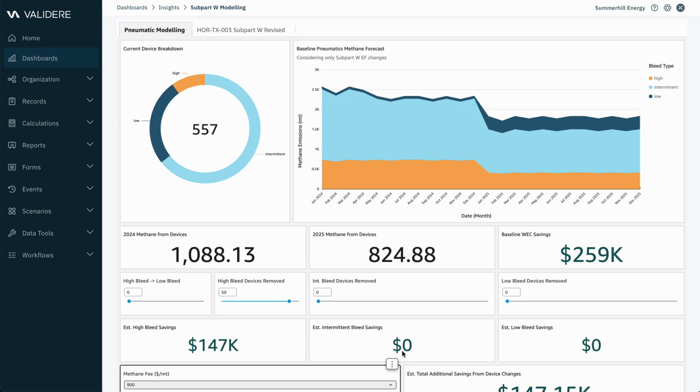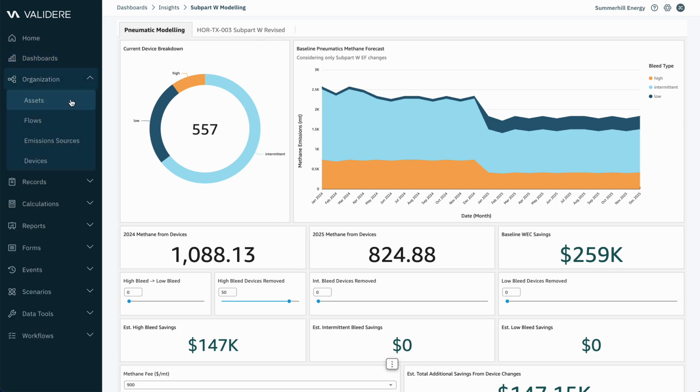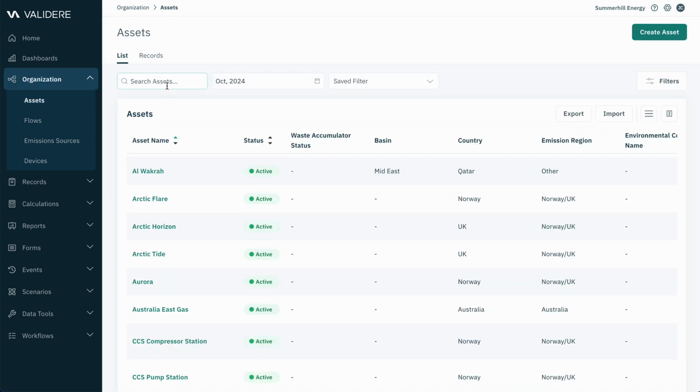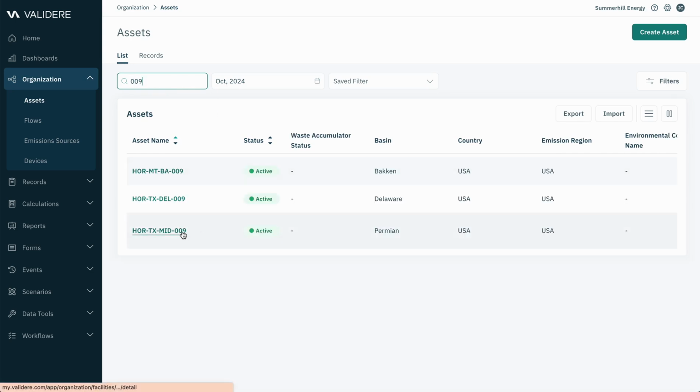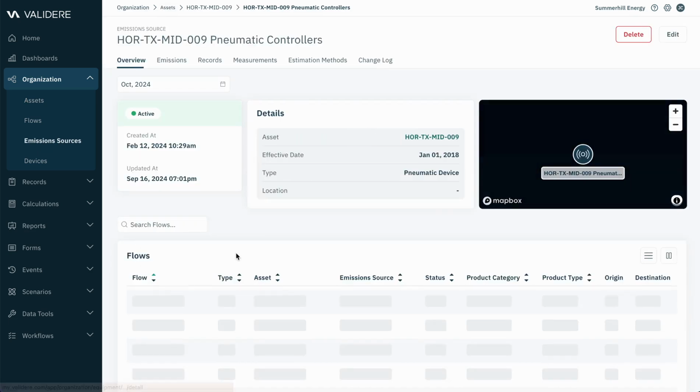So this is an example of how you could use Validere to forecast forward how your emissions are going to change with the revised emissions factors. A similar analysis could be done for our flare stacks, as an example. Now, the Subpart W revisions also state that we could use measurement to come up with our own bleed rate. So to highlight how this would be handled, I have an asset with an emission source here, a pneumatic